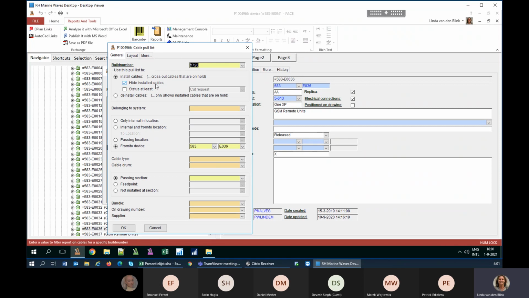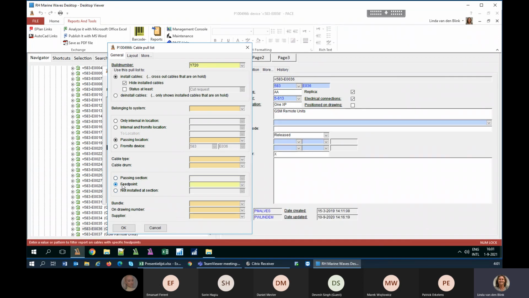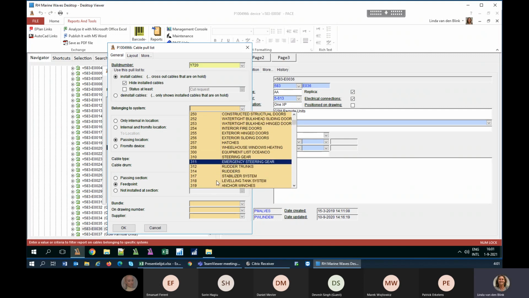If the cable is already installed, I don't need to see it. That work has already been done. Maybe only cables that run to a certain location, or maybe all the cables that run through a certain location, or cables where you start pulling the cables from this point, whatever you want, and then you can create a list. I have no idea if something is going to come out of it, but